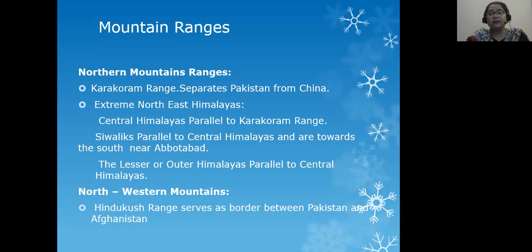Central Himalayas, Lesser Himalayas, and Sivaliks. Sivaliks are right towards the south and they are called Sivalik. They are close to the city Abbottabad. Northwestern mountains are Hindu Kush Range, which serves as a natural border between Pakistan and Afghanistan.